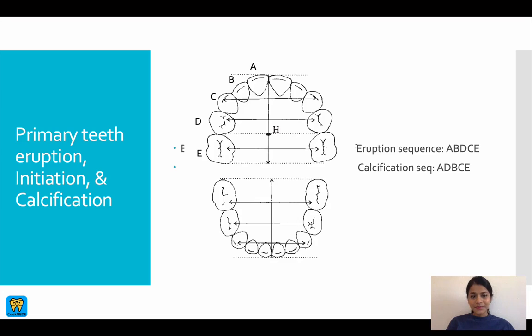So let's get started. The first thing I want to talk about is the primary teeth, their initiation, eruption, and calcification sequence. Initiation occurs in utero, and that usually happens in the four weeks. For eruption and calcification sequence, according to the Palmer nomenclature, they have a good mnemonic for how you can remember. So I hope this helps. For eruption sequence,